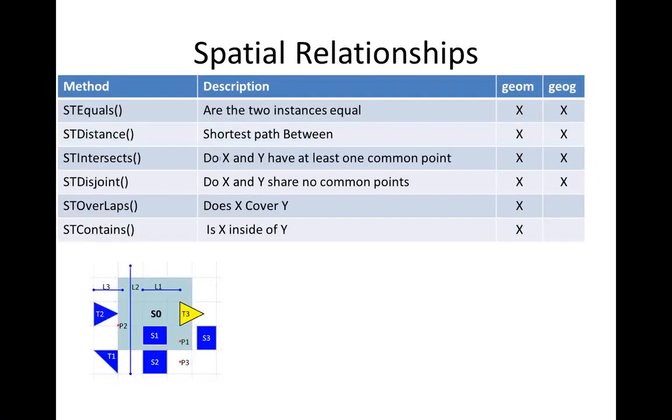Then there's methods to test spatial relationships. So if two objects intersect each other, if they're completely disjoint, if they overlap, if one completely contains, what's the distance, the shortest path, and then if two objects are equal. So we'll go here